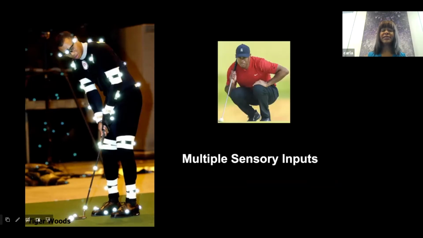Think about all of the sensory inputs that go into one's mind before they actually take